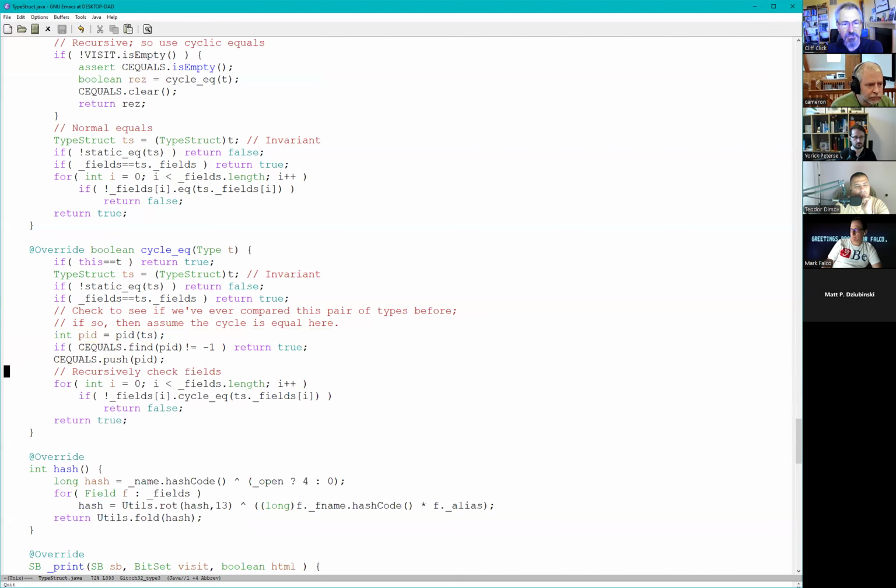And the sort of moral takeaway is every basic thing I do with types gets a cyclic touch. So hash gets touched and equals gets touched, adds a cycle equals, and print gets touched, it has recursion support. The constructors all end up getting touched as a consequence of that.